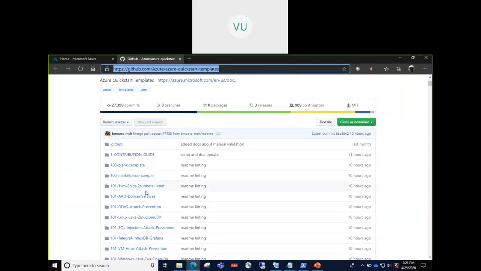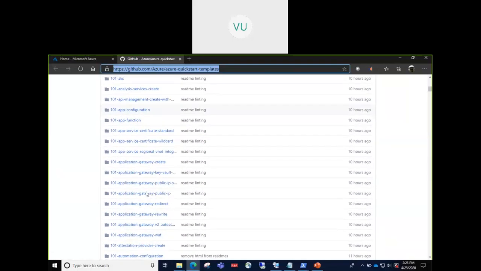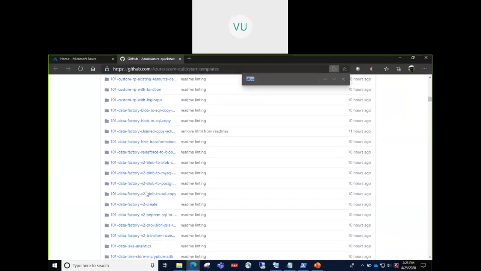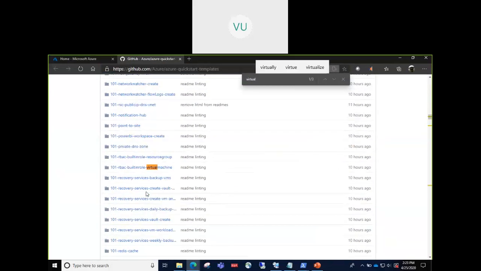So here we can search for templates related to virtual machine. Let me scroll through here. If we type virtual machine, there are a lot of them.